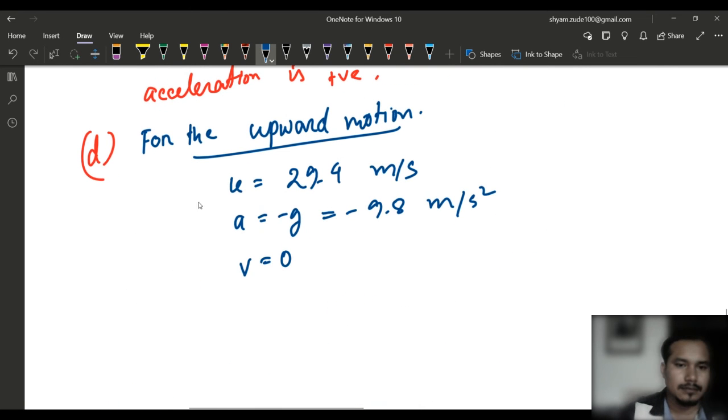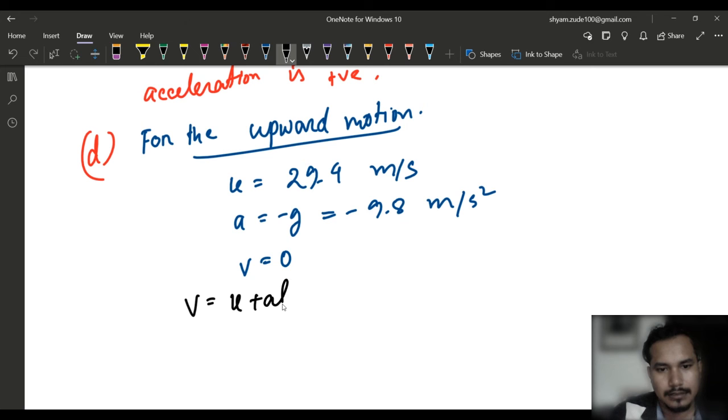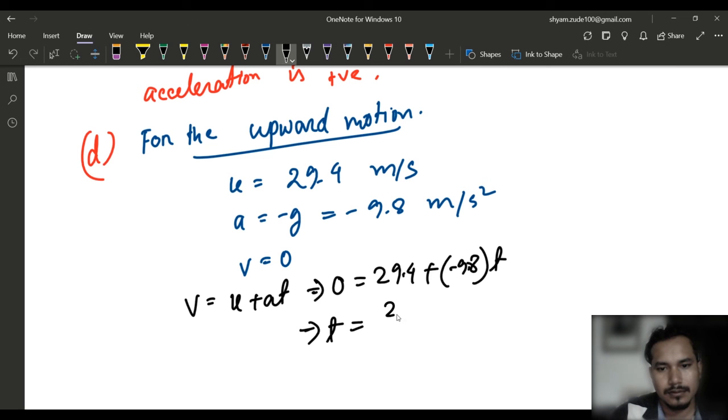So what is the time? Using the first equation of motion, v is equal to u plus at. So 0 is equal to 29.4 plus minus 9.8 into t. So t is equal to 29.4 by 9.8,